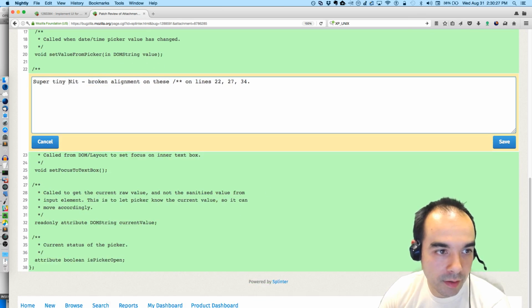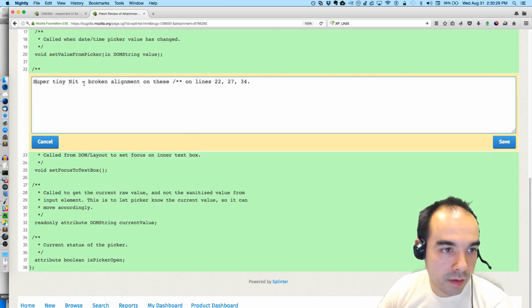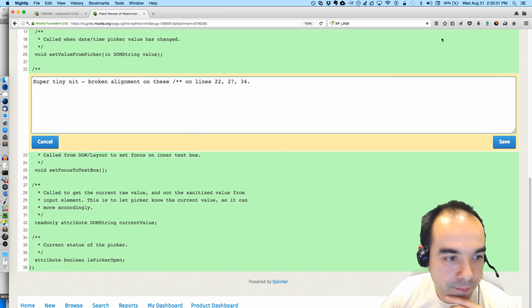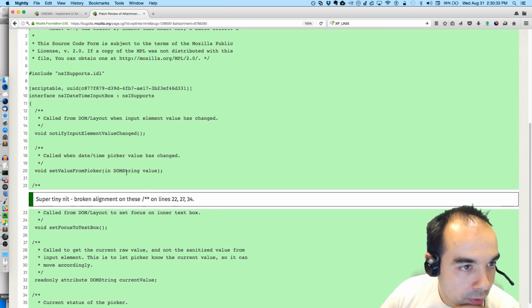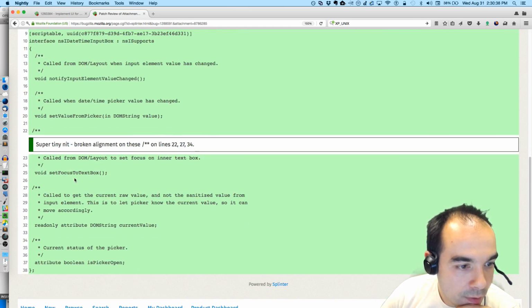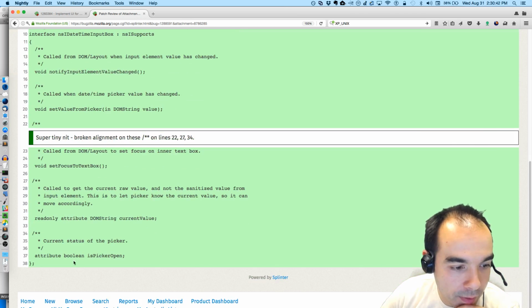Super tiny nit. And what are we doing? We're calling notify input element of value change, value from the picker, focus to text box, get the current value, and whether or not the picker is open.